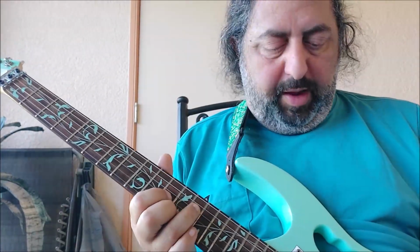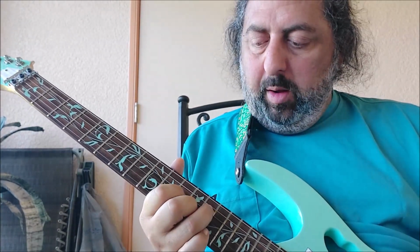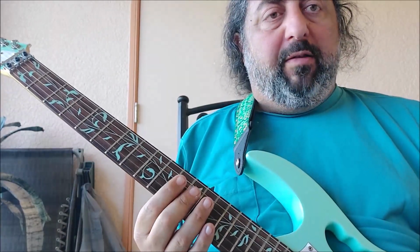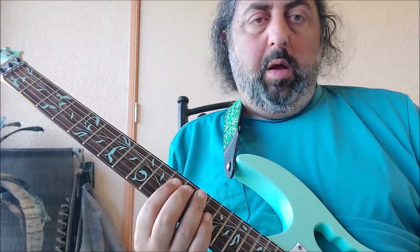So, for example, the B chord here, and the D shape, C shape, we'll call that the C shape. Now, you can see what Bob Weir is doing. It goes B, F, and so on, so he goes...